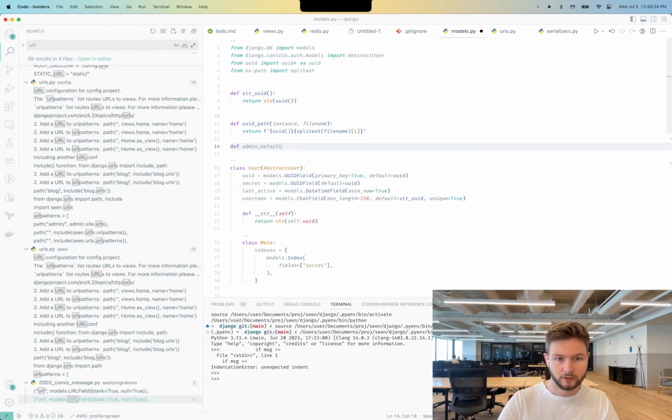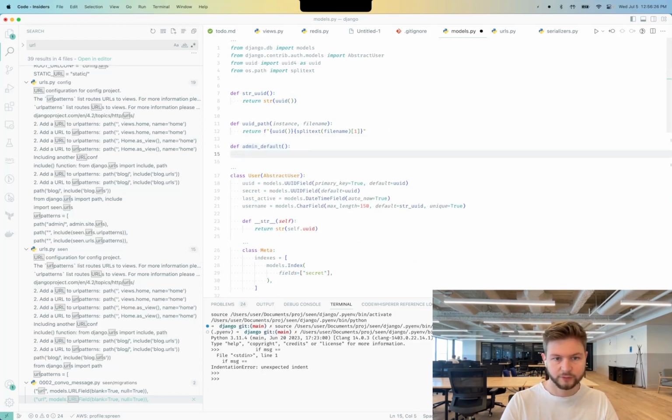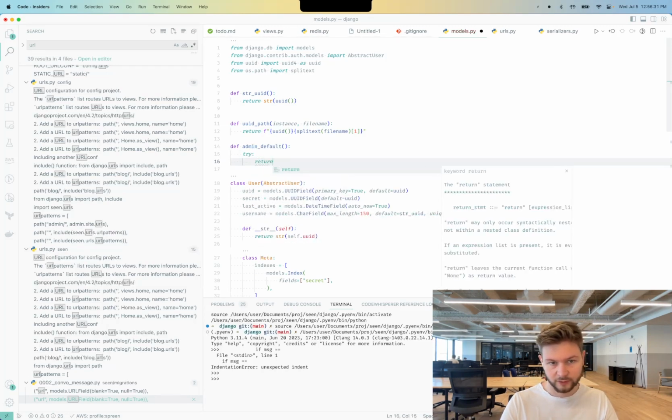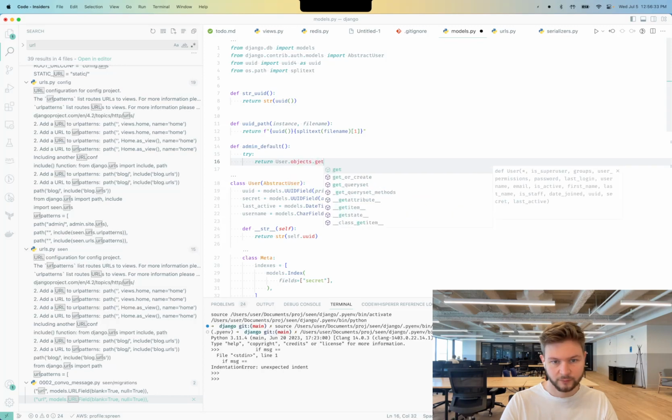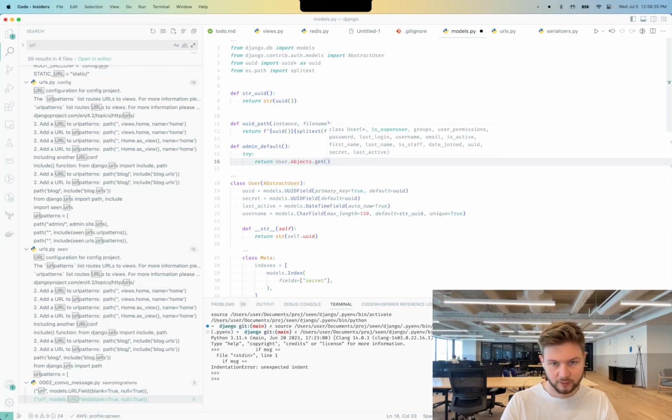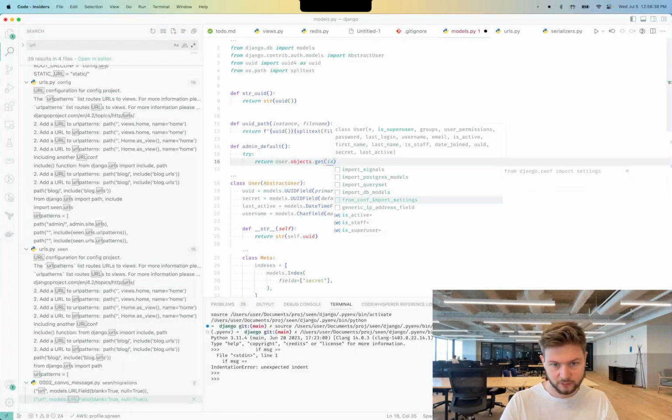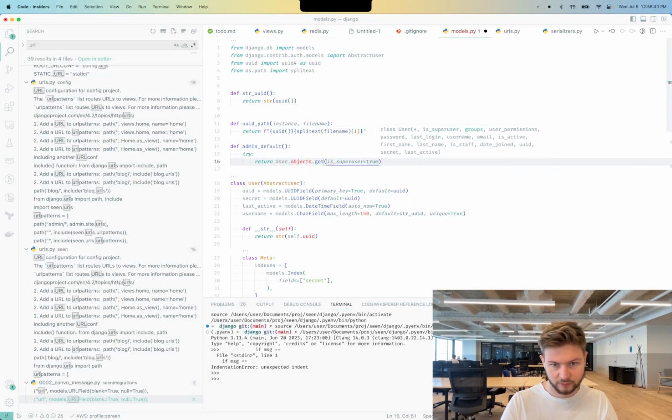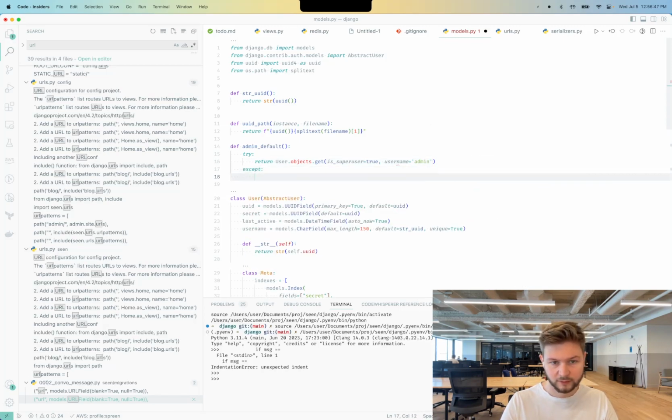And admin default returns, okay, try: return user objects get is_superuser equals True, username equals to, except, if user objects get